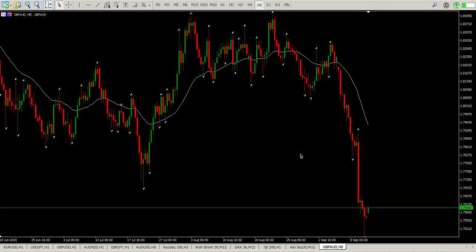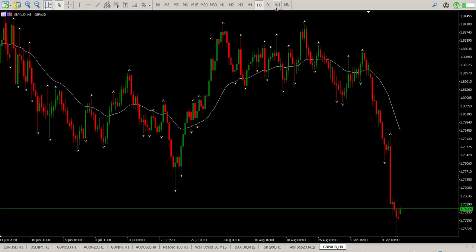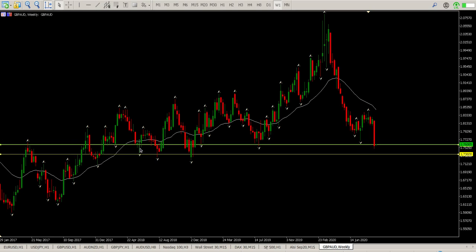And the last one that we were watching last week was pound Aussie dollar, and I think the pound move is played out by the looks of things. It's almost like we're looking for areas of support, and if you look at the weekly here, we've got quite a bit of support in this area. So I'd be reluctant to be chasing shorts any further on this. We've had this big move down. We had this week here of buys, and then came up and then gradually down, and then we had this